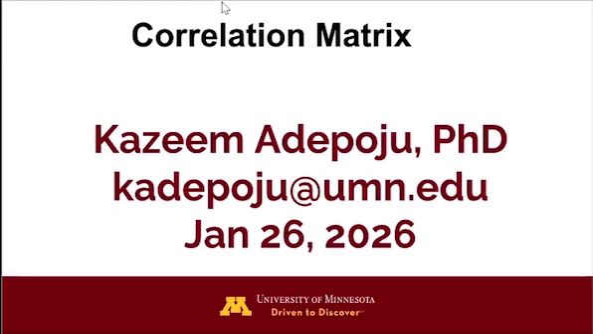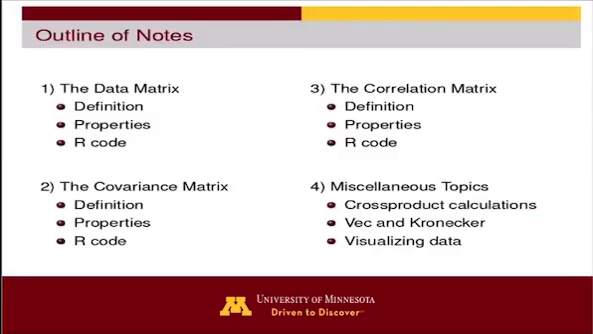Today, we have two materials that I'm going to walk you through: correlation matrix and, of course, miscellaneous. If you look at what we started on Friday, I introduced you to this outline. We've already achieved data matrix. We've done covariance matrix. We are left with numbers 3 and 4,